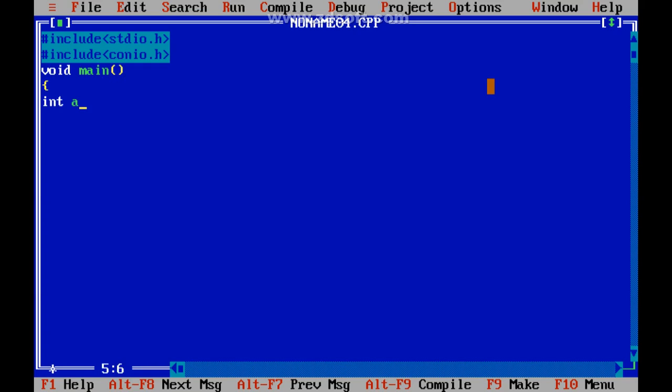Integer a comma b comma r, because I need a and b values, so I will read the values from the user. Enter a comma b.